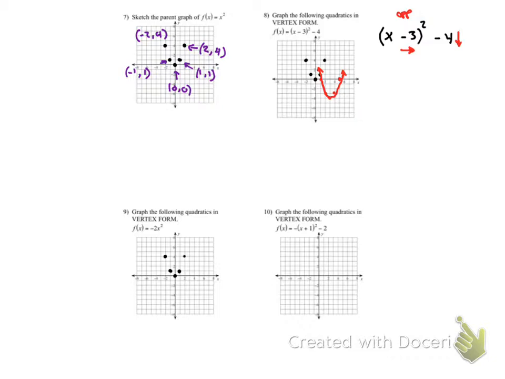If we look at this in vertex form, it's not given in vertex form, but if we write it like this, x minus 0 squared plus 0, that's essentially the same thing. If you really look at it, you remove this, all you're left with is x squared. So when we stop to think about, are we going to have any shifts? Since we're moving to the left or right 0, we're moving up or down 0, we're not going to have any shifts, but we do have this multiplier here, right? We put our parent, and now we have our multiplier. So the multiplier tells us that we need to multiply the y values